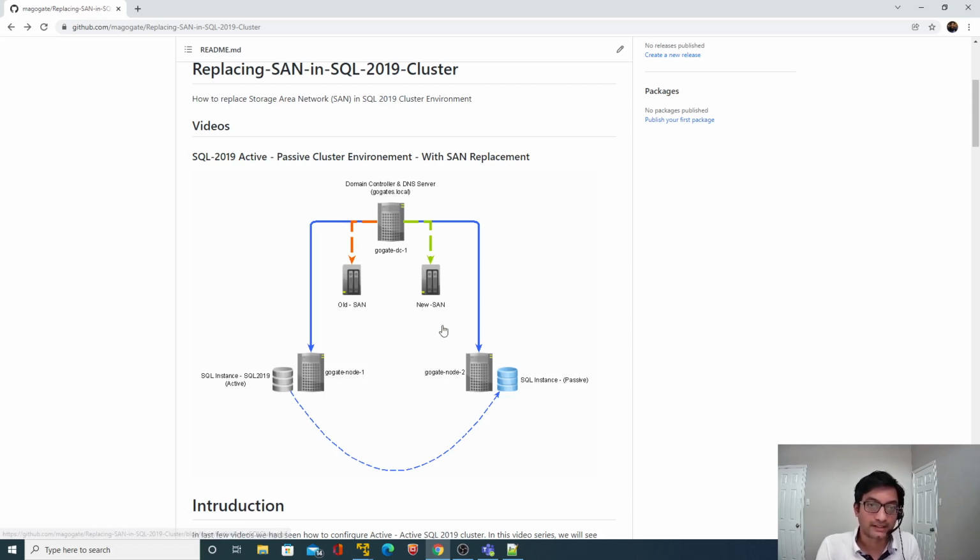So basically we had three different VMs in our environment. All those three VMs are on the same network. After that, the SQL Server instance was installed only on this node, and the other node is acting as passive. So if this node goes down, all the services and shared drives will move to node 2.